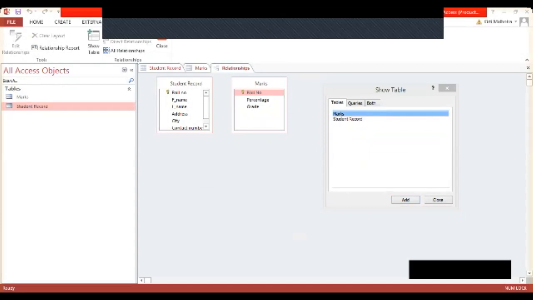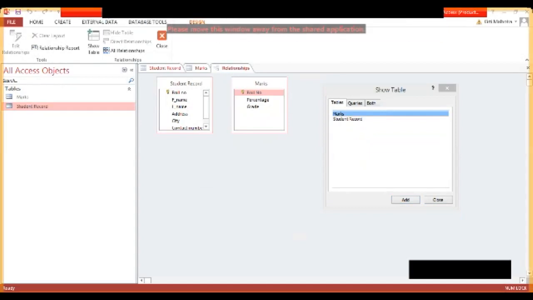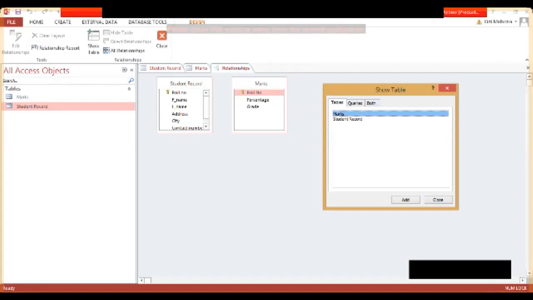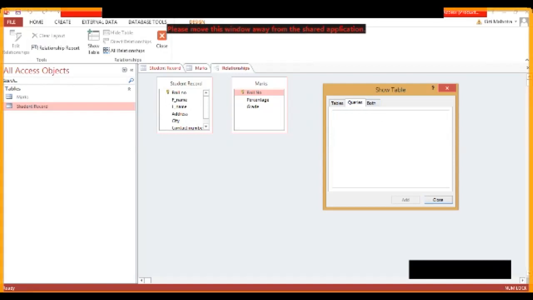Fine. Now what we have to do, we have to activate the queries tab. In the show table, I'm having these queries tab and the tables tab. Now I want to activate these tabs. I will activate both the tabs if the relationship is based on both the tables and queries. See, if my relationship is based on both the tables and the queries, I will click on both and both the tabs will get activated. And if the relationship is based only on query, then I will click on query and the relationship is created. So I will add both the tabs.